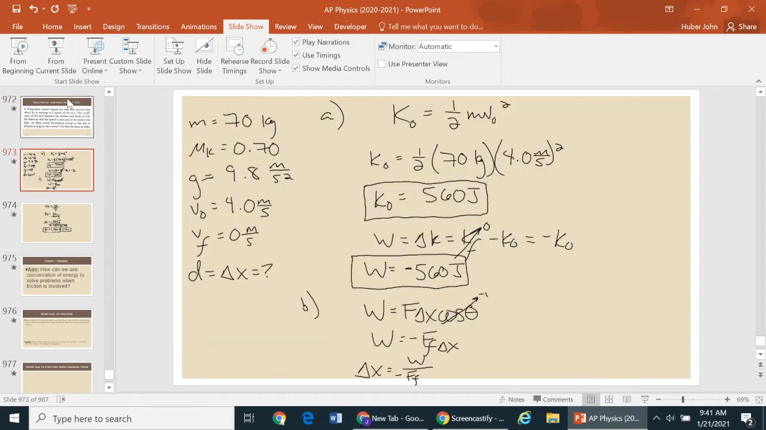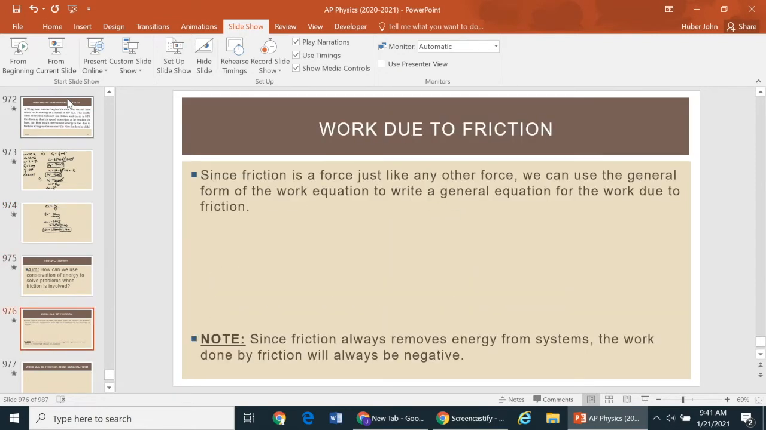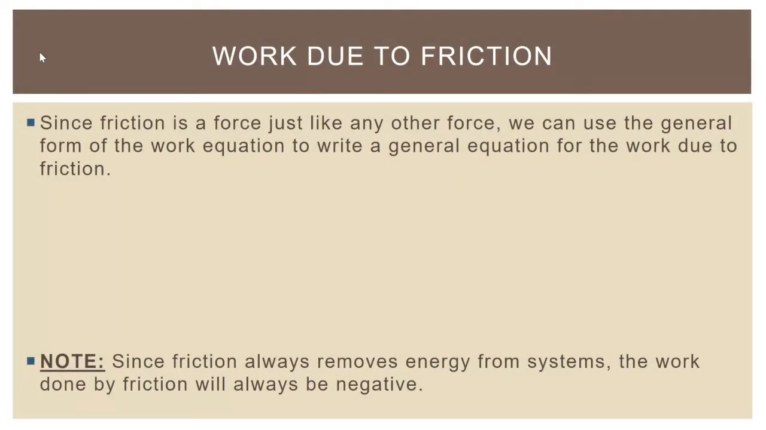And so what we ended up doing, as I showed in a bunch of separate steps, is I showed the change in kinetic energy as the work, and then went ahead and just used the regular old work equation to calculate the distance here. And while all of that is accurate, what we want to do here is sketch out a more formalized approach to it. And so what we're going to say here is that since friction is a force just like any other force, we can use the general form of the work equation to write a general equation for the work due to